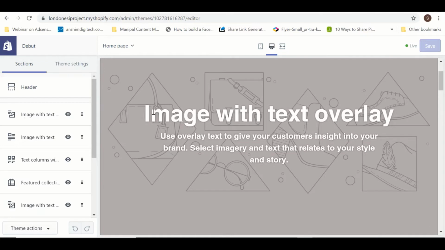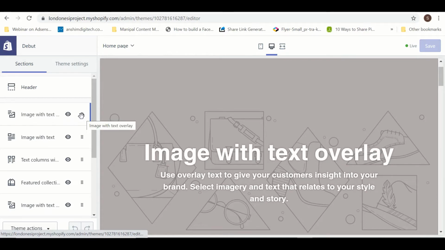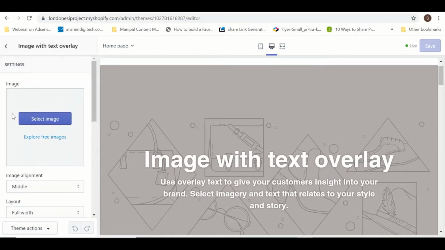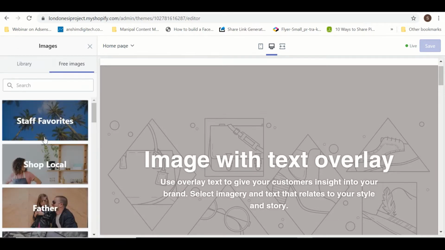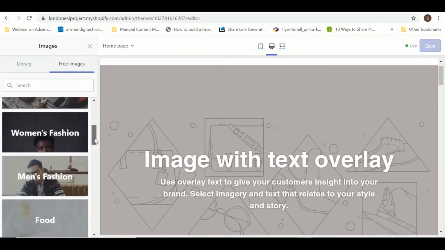If you can see, it's just replacing the things. If I want to add a text or an image, I can click on this image, okay, and I can select the image from here. So I can select my image, whatever image I want. I can also explore the free inbuilt images that Shopify has, right?